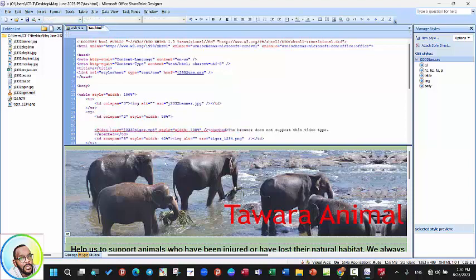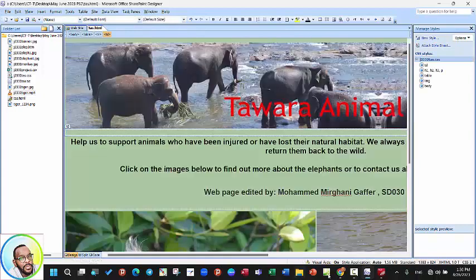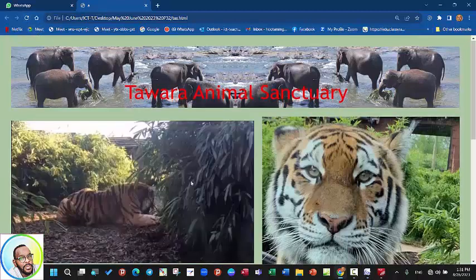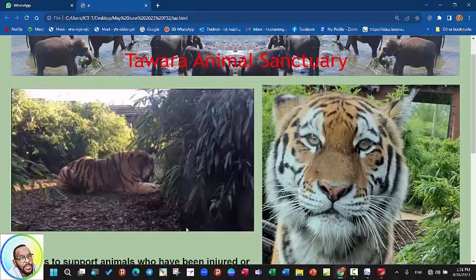You remove the height simply, and you leave everything as it is. You save changes, and also you can refresh it from here, and you can see that the video has been